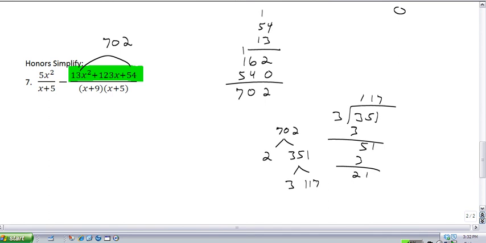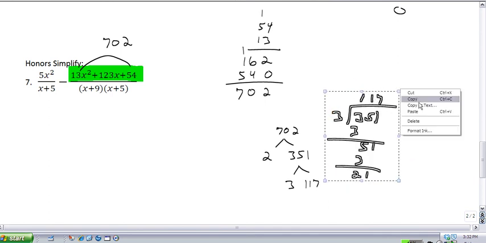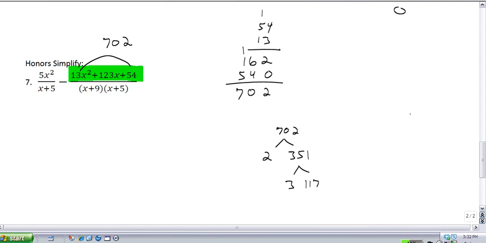Well, you might be thinking, okay, this is not helping. But it is, okay? We just figured out what multiplies as 702. Did you know that it was 2 times 3 times 117? Or 6 times 117. And coincidentally, if you add 6 and 117, you get 123. So we've split the middle term. So when we factor this guy,